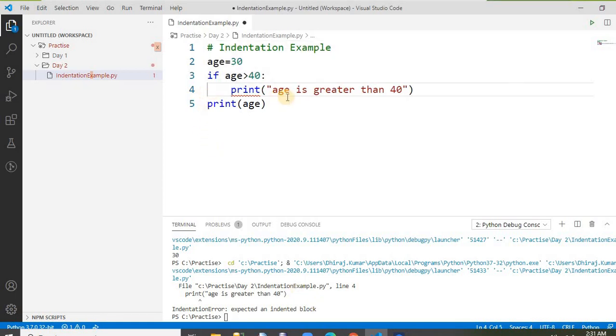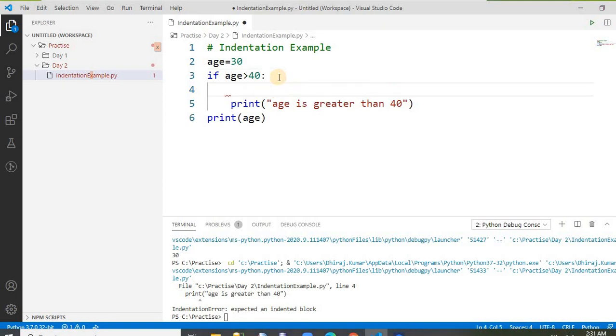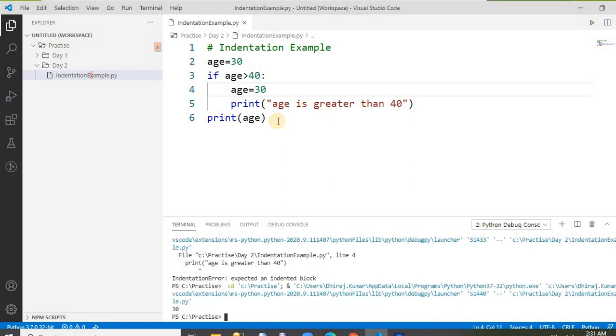So if you write to execute more than one line, say if your age is greater than 40, then let's say again set it to 30. Now if you print this, it gives the age as 30. Why? Because let's take an example of 50.